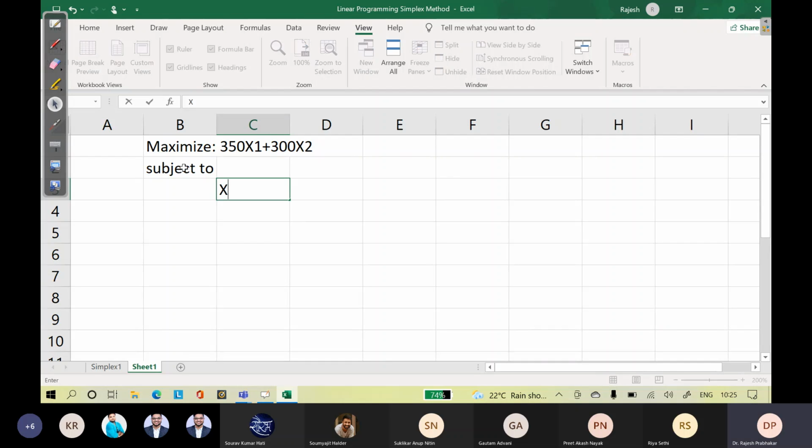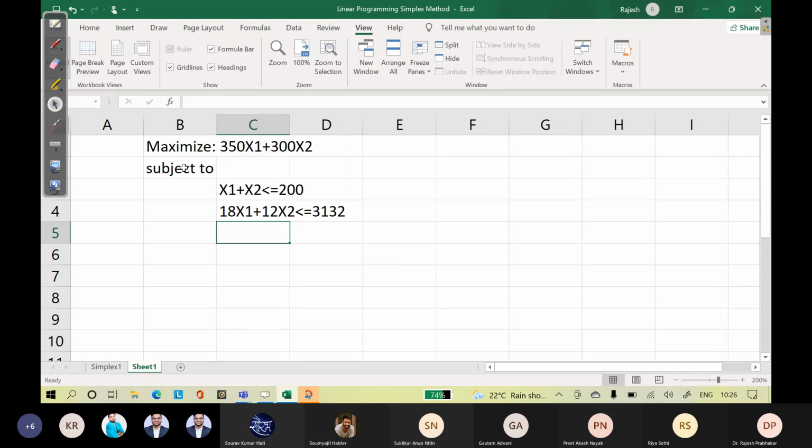Subject to x1 plus x2 less than equal to 200, 18x1 plus 12x2 less than equal to 3132, 6x1 plus 8x2 less than equal to 1440.